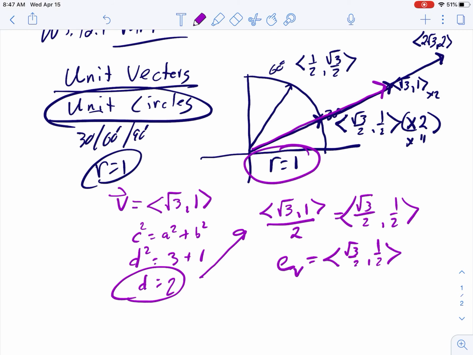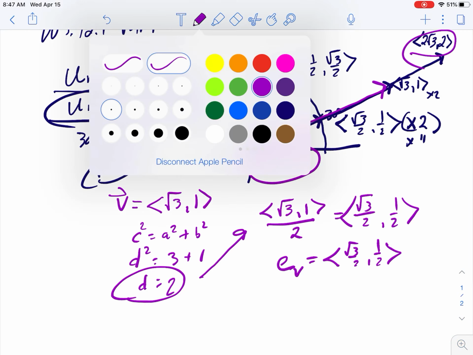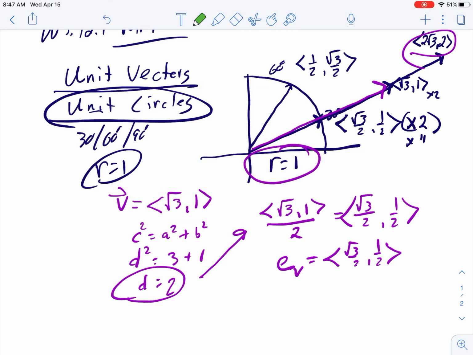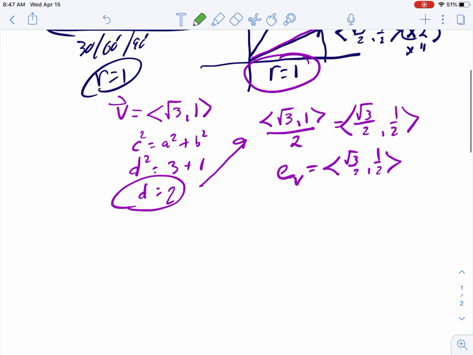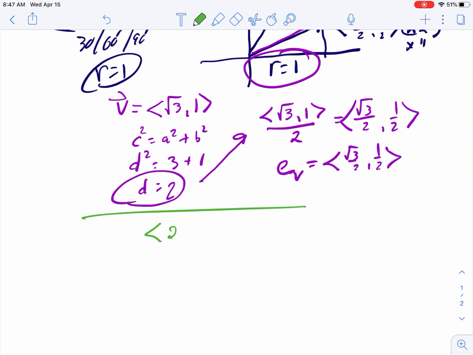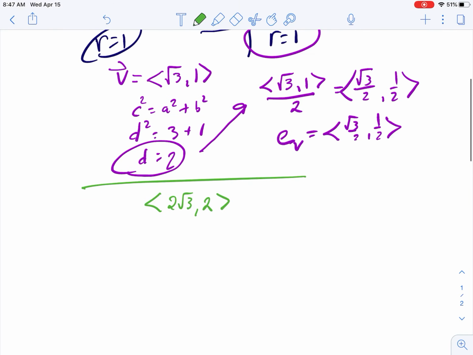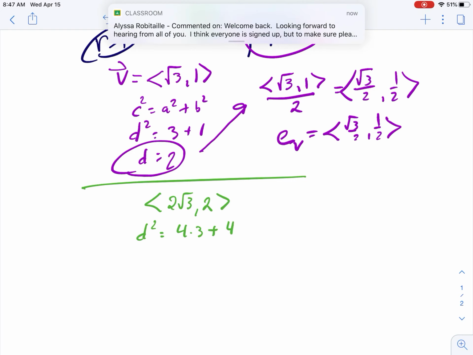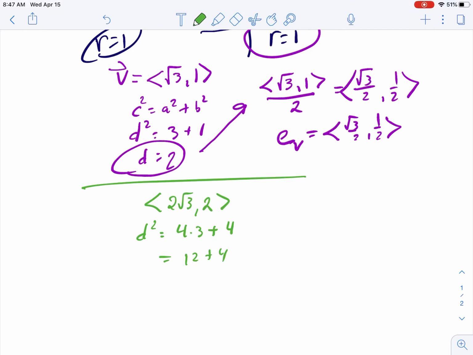Okay. Just to show that this works, let's come up here and grab the next one. Change it in color. So let's say we have 2 root 3 comma 2. Okay, so we have that vector. So d squared would be 4 times 3 plus 4. Okay, this would be 12 plus 4 for 16. So now I'm up here, my unit vector, and let's call this a vector m. So my unit vector of m